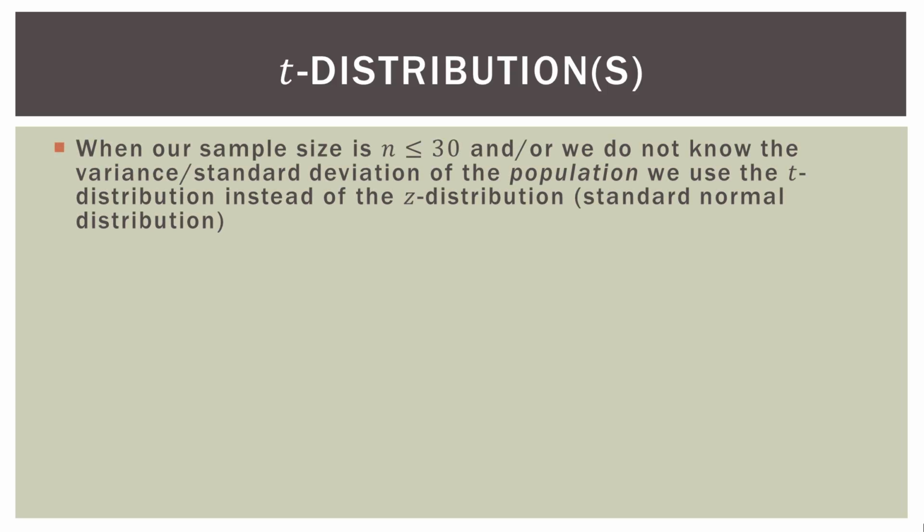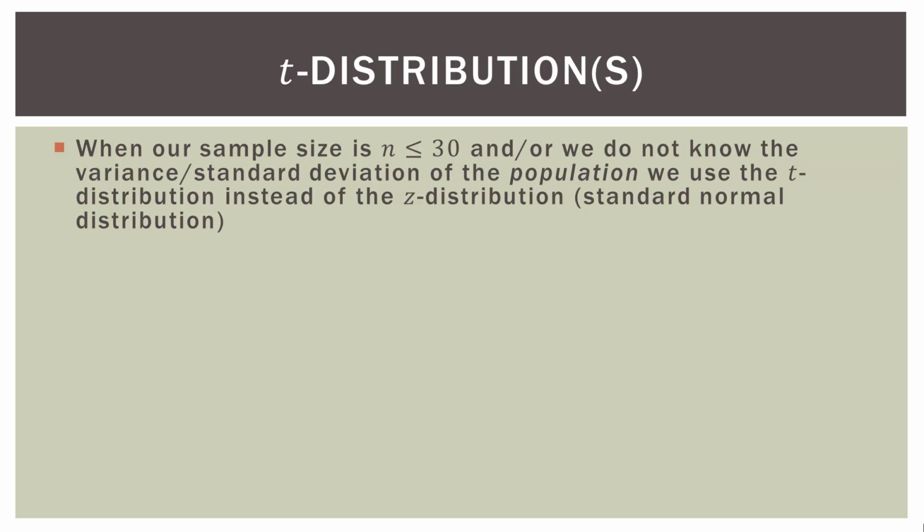So let's talk about this t-distribution. Why do we have a t-distribution and a z-distribution? Well, it has to do with sample size. Specifically, it has to do with sample size at the low end. So when our sample size is less than 30, or about 30 or less, and/or we do not know the variance and standard deviation of the population, we use the t-distribution instead of the